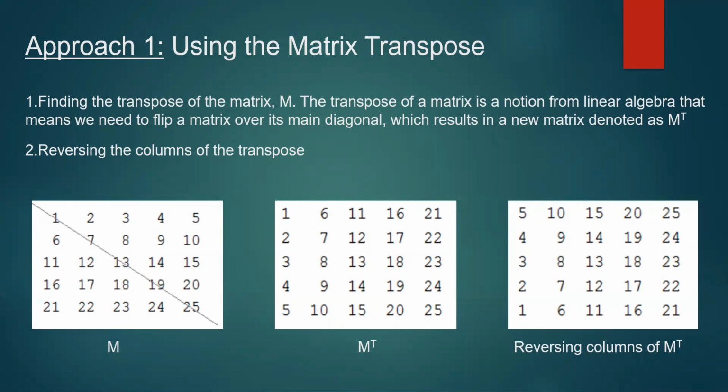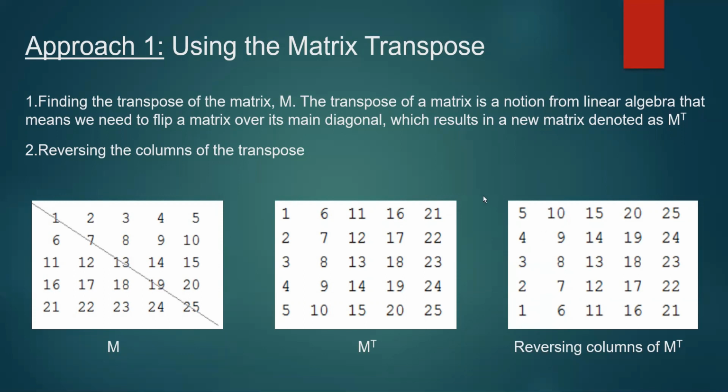With this, we get the transpose of the matrix. You can see the transpose of the matrix here, denoted with M of t. And then we'll reverse the columns of this transpose, meaning take the first column here in the transpose, 1 2 3 4 5, right? We just need to reverse the columns of this matrix. So it becomes 5 4 3 2 1. You can see it here. Like this, we will do it for all the columns in the transpose of this matrix. And then this is the actual matrix rotated 90 degrees counterclockwise. So this is how we are going to achieve the solution.